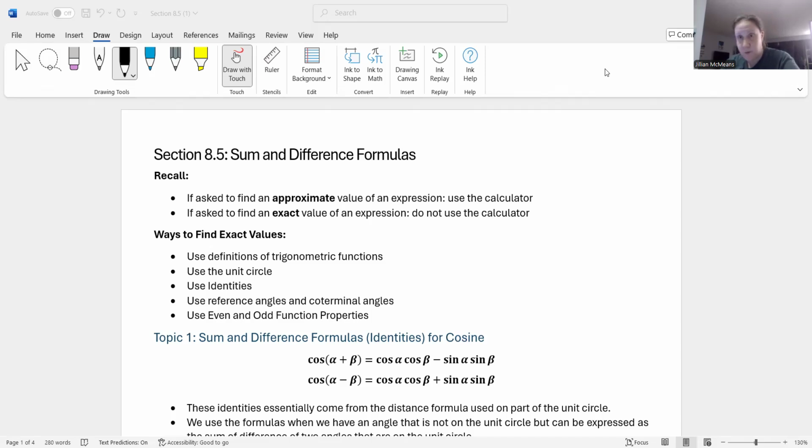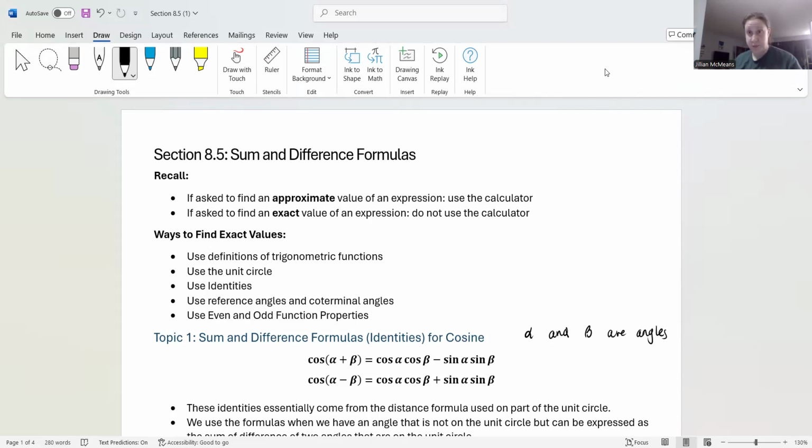In the sum and difference formulas, you have to imagine you have an angle that isn't working for you. But could that angle be rewritten as a sum or a difference? Imagine your angle isn't working, so you break it up into a sum. We're going to break this angle into two other angles. Let's call them alpha and beta. So alpha and beta are angles. If the angle you're given isn't working, and you can break it up into a sum, ideally with angles that we do know, things that are on the unit circle, then